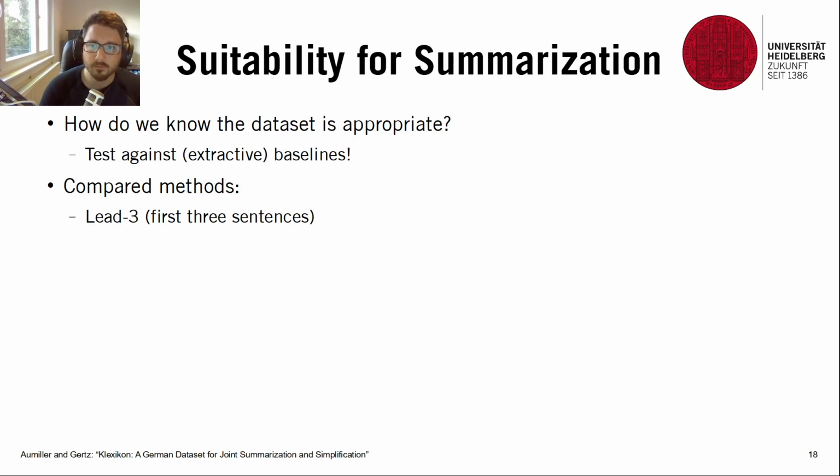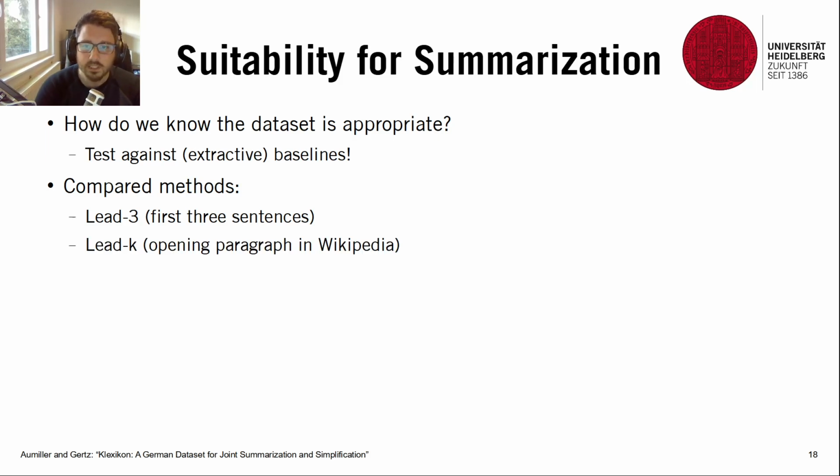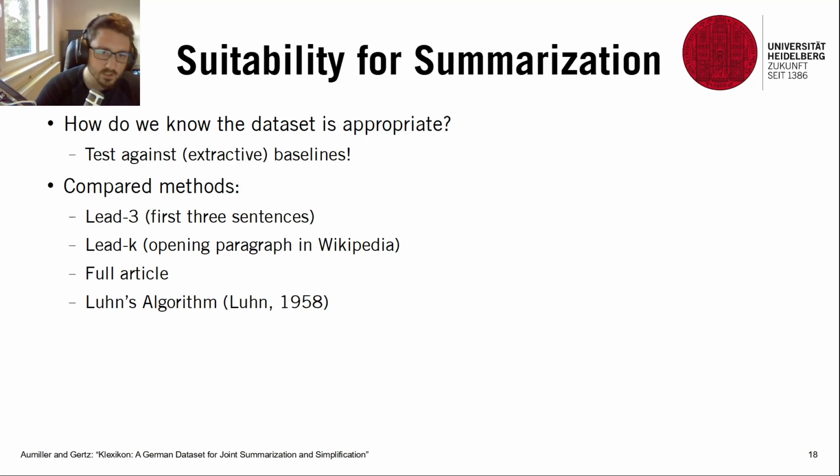This tends to perform quite well on shorter texts such as news articles, which is why we slightly adopt a variation called LREC', which in our case just uses the opening paragraph of Wikipedia, which is slightly longer and usually more appropriate to form a summary from. We sanity check also by using the full article as a baseline. This also gives us some information about the general vocabulary overlap that I will just mention in a second.